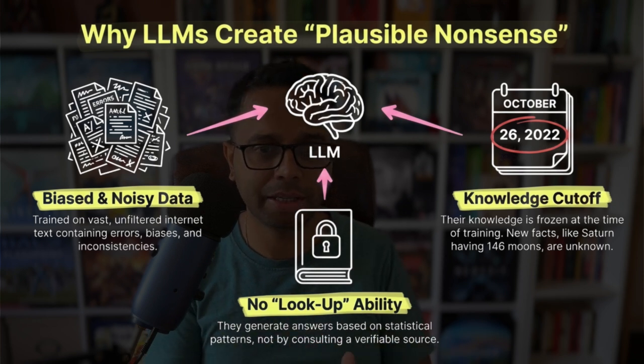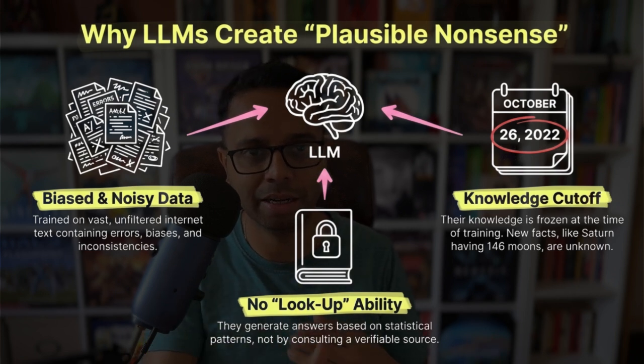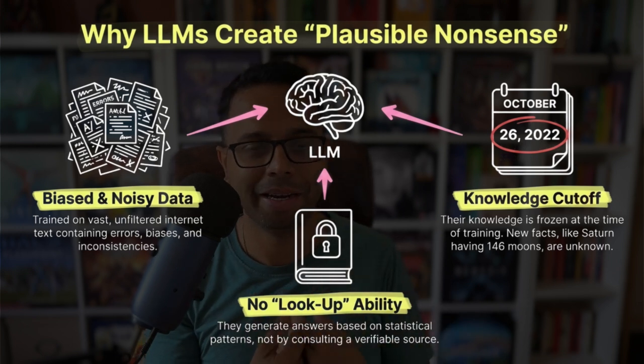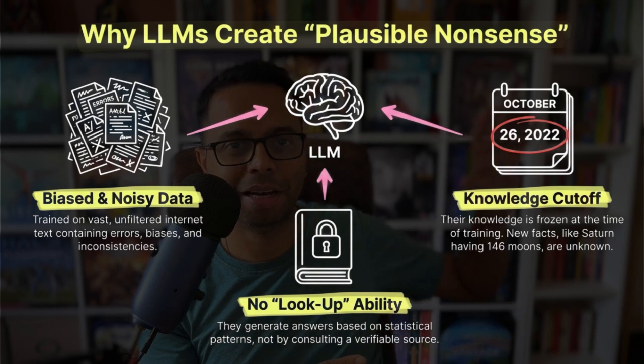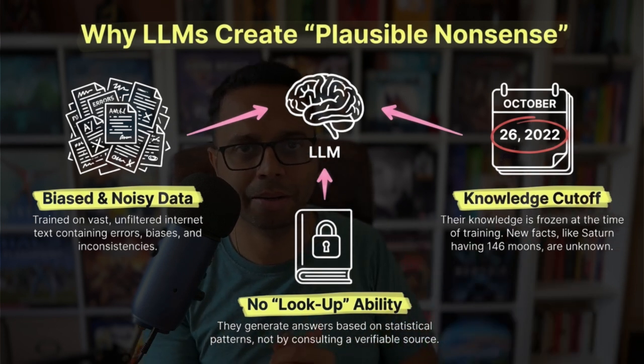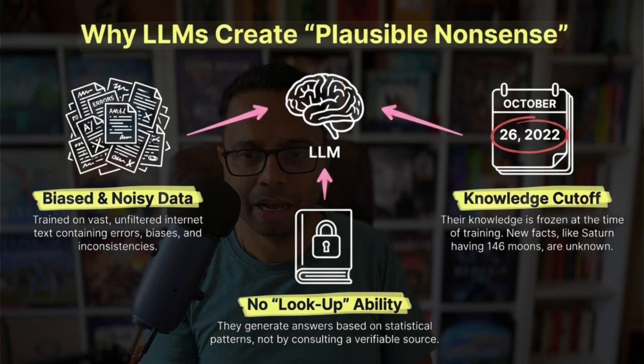The second point is that an LLM by default as a model doesn't have this lookup ability, right? It cannot just go ahead and search at a given point of time. That is the engineering that needs to be built around it. And the third is the knowledge cutoff, right? Let's say if I take my example, if I am the LLM, my knowledge cutoff was probably the 1990s or 1992, right? And I knew that Jupiter was the planet with the highest number of moons, which is the case for LLMs also.